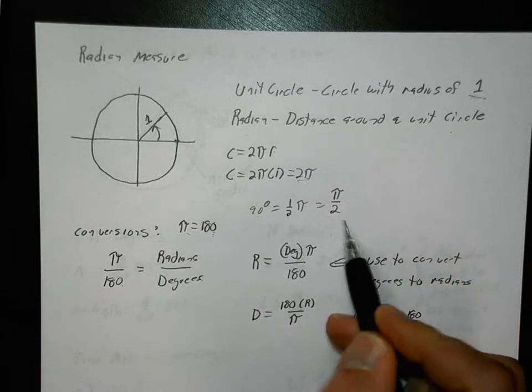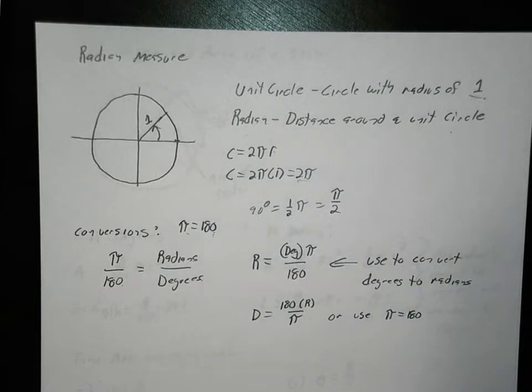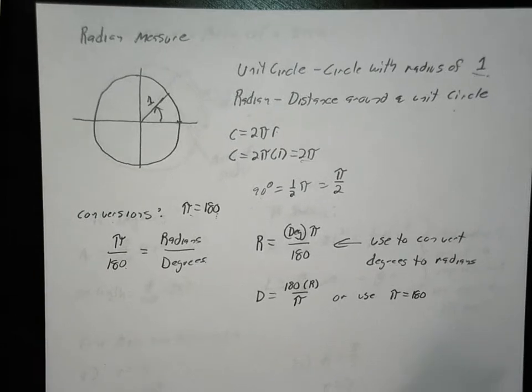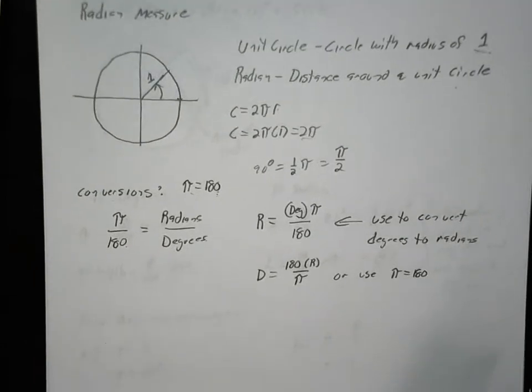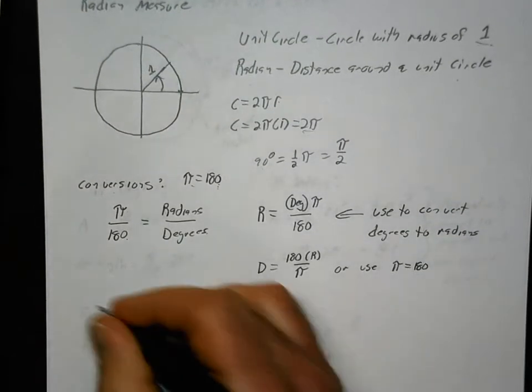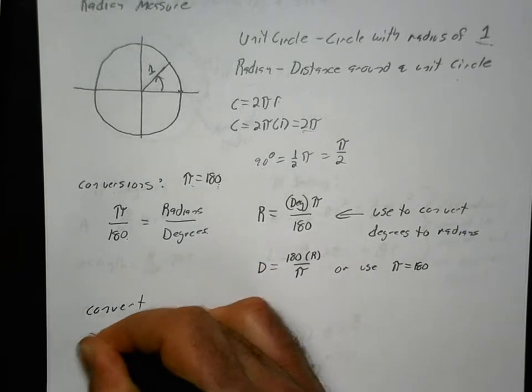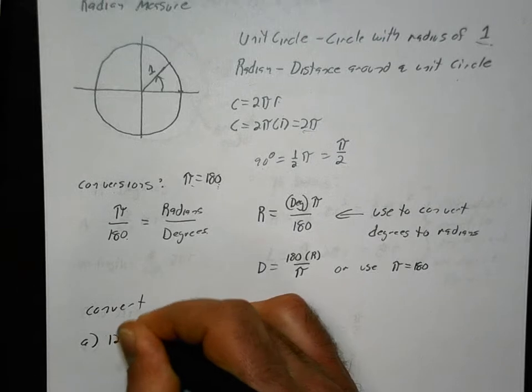45 degrees is pi over 4. It's 1/4 of pi. So that's just the way we convert these and how radians and degrees relate. Okay, so let's do an example. Let's convert 125 degrees